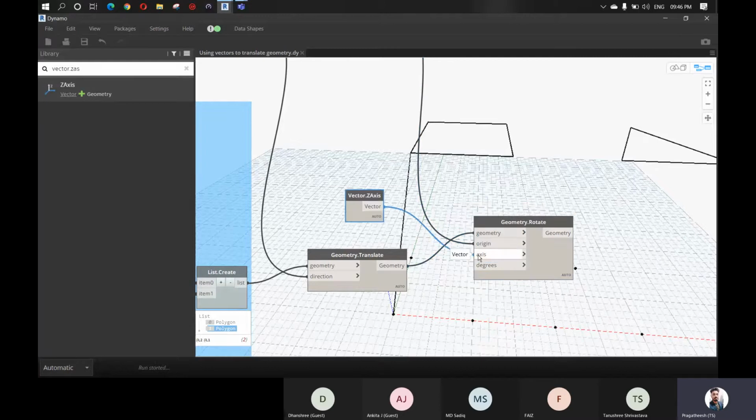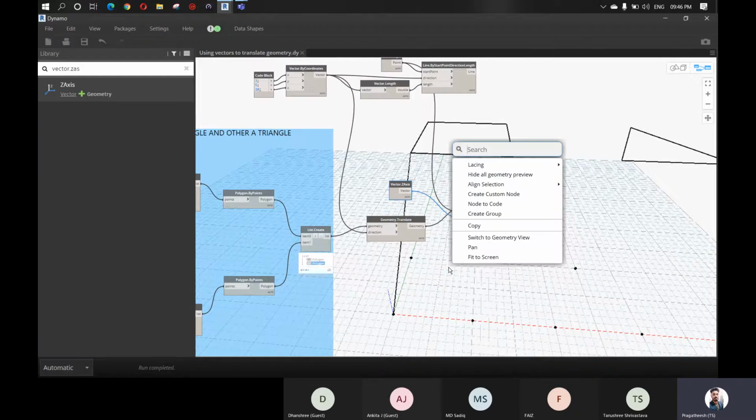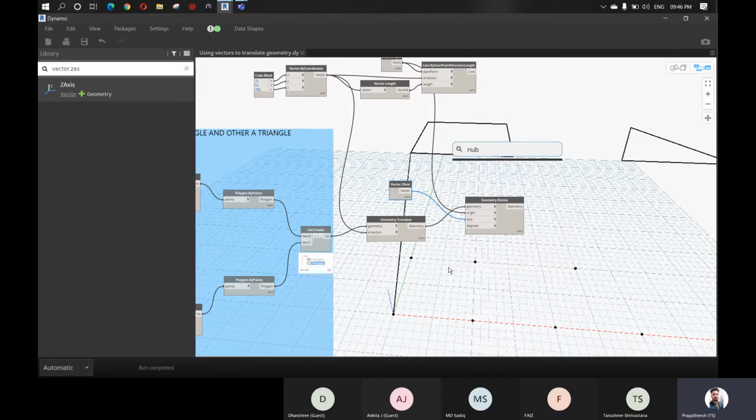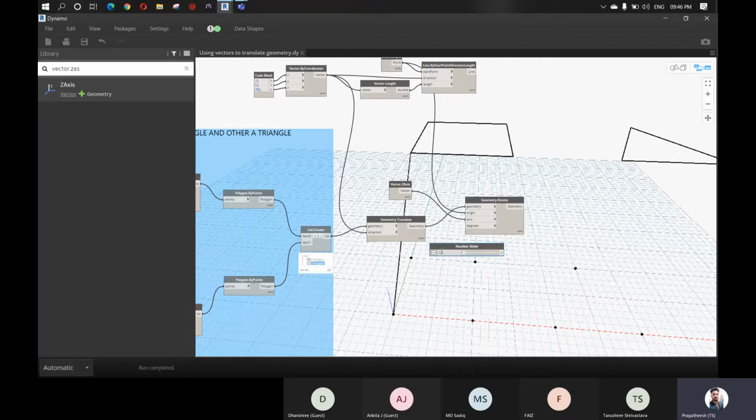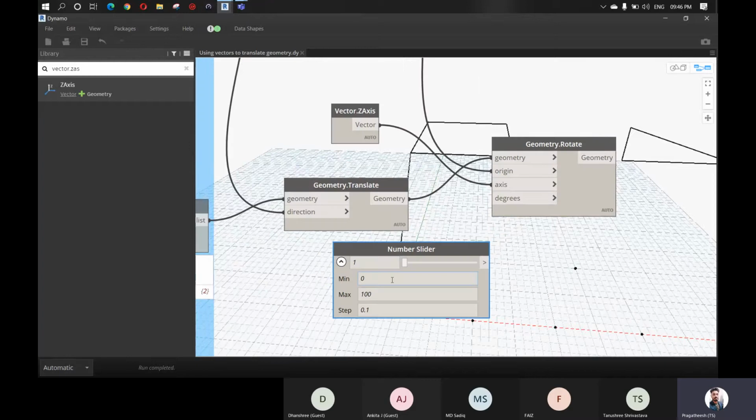So we can use a number slider to provide the degree, as we have shown in the previous class. Let's say that we want to rotate up to a maximum of 360 degrees, and the minimum is, we can say, negative 360, with a step value of, let's say, 1.